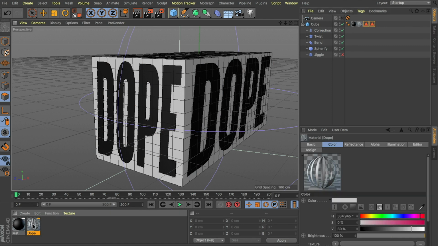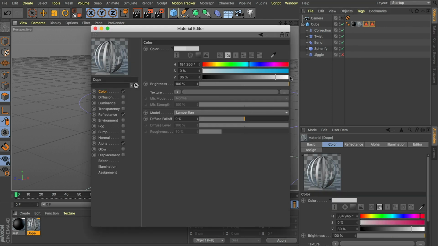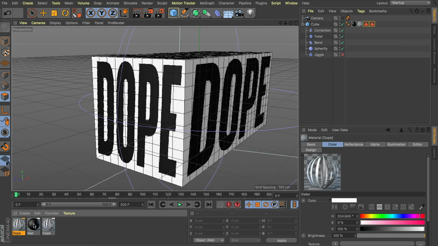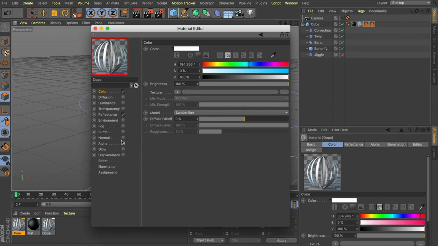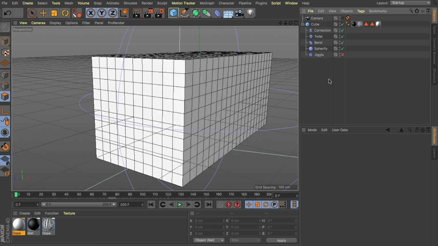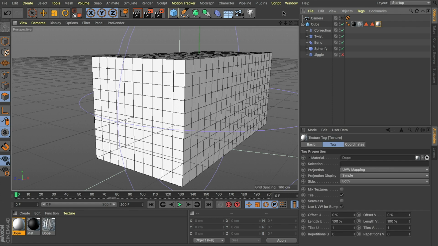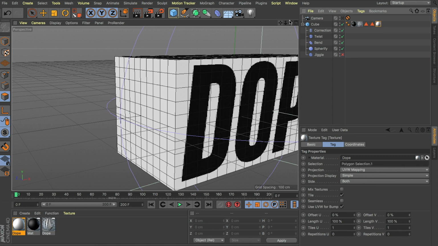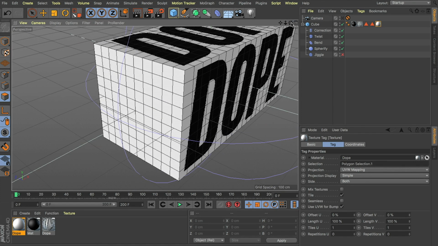Let's now grab our dope texture. Just going to make sure our color is 100% white on it so we're nice and bright. And now just duplicate that, disabling the alpha, and I'm going to drop that onto our cube. That's going to override everything because it's the topmost texture. But now, as I isolate that purely on one of those selection tags, you can now see that cap is perfect white, and that's exactly what we're after.